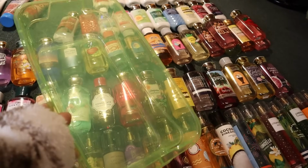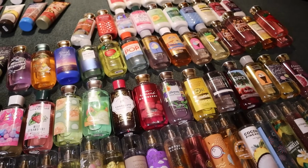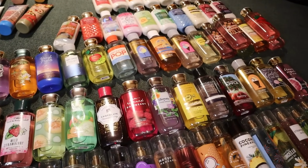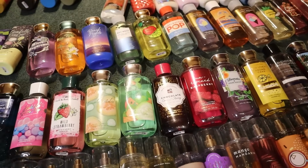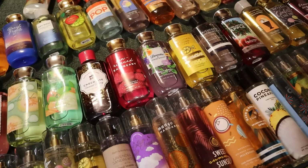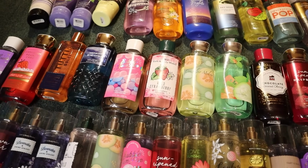So if it goes in here, that means I want to get it used up by the end of this year or sooner. So that's going to be things that are like half empty, just things that I really want to prioritize and get rid of, so that way it doesn't have to go back into the bin by the end of this declutter. And the very last option for these products is that it could just be decluttered altogether,